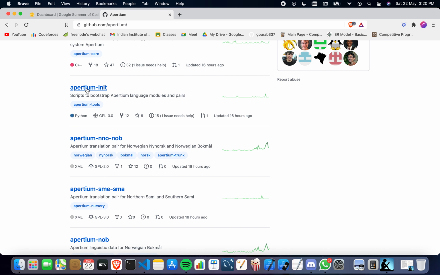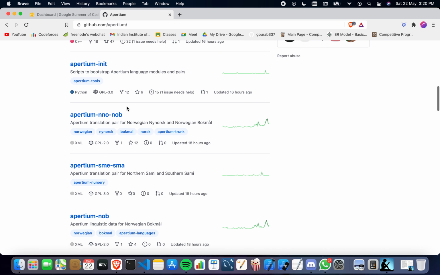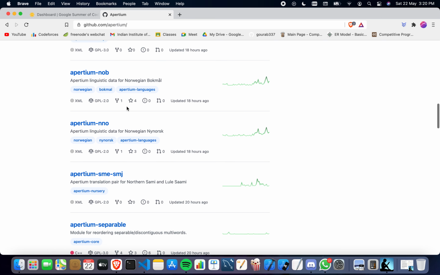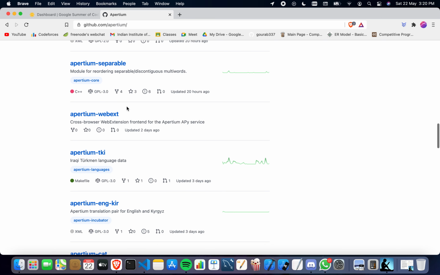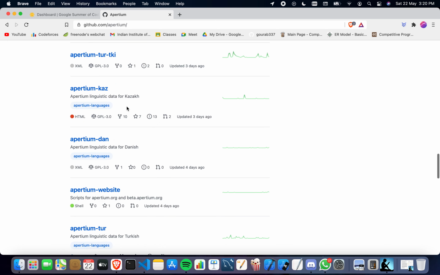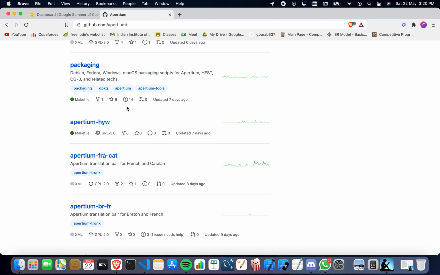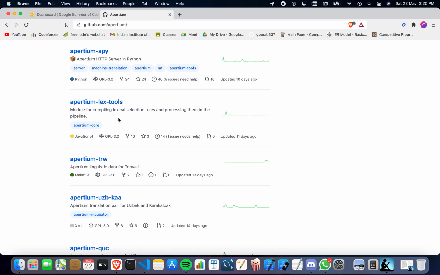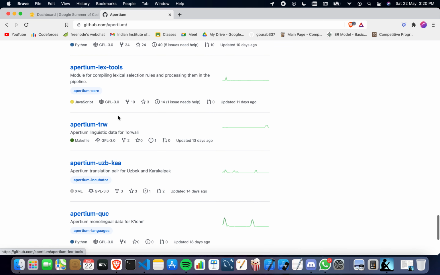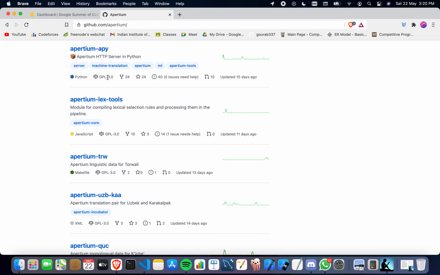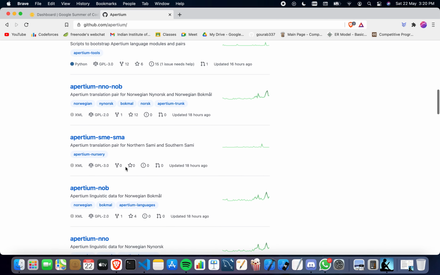You need Apertium init to bootstrap a new language pair. All the repositories you'll be needing are right here in the Apertium organization. I have already cloned lexical tools and my language pairs.